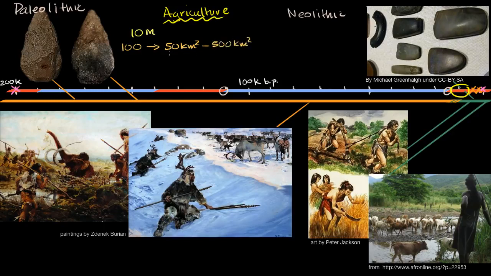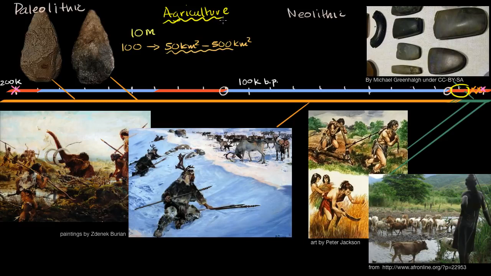And it might seem like a lot of area that you would need to hunt and gather from, but imagine if you and your family had to go live in the woods now. How much food could you actually find? You would have to walk miles and miles per day if you're trying to hunt. You would have to walk miles and miles per day to get whatever wild grains or berries, or mushrooms, or insects that you might consume.